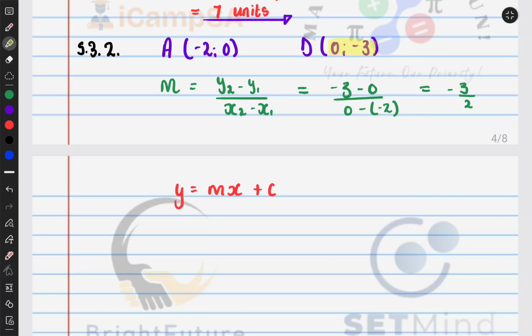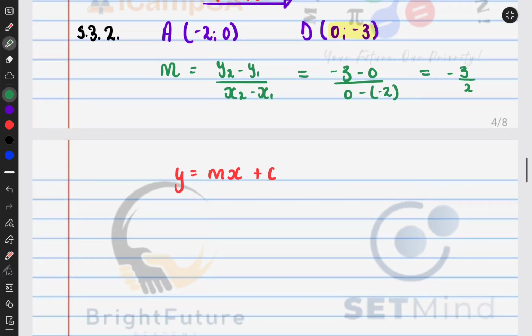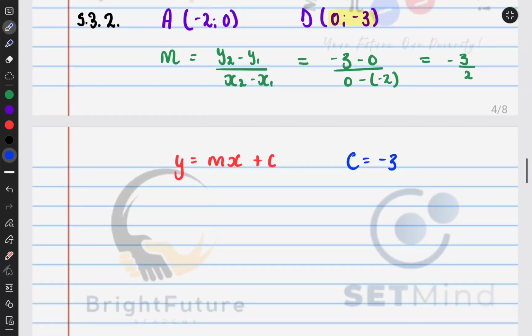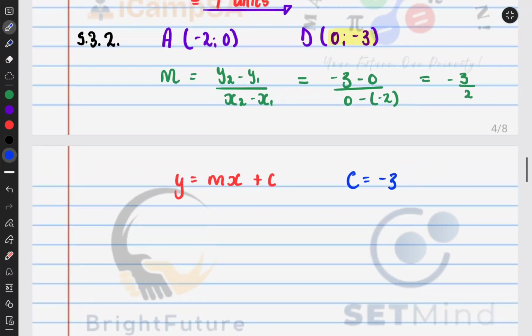But here we know that the equation passes through what? It passes through the point D, and D is essentially our y-intercept. So the value of c is going to be c is equal to negative 3. But for those of you who happen to forget that c is equal to the y-intercept,